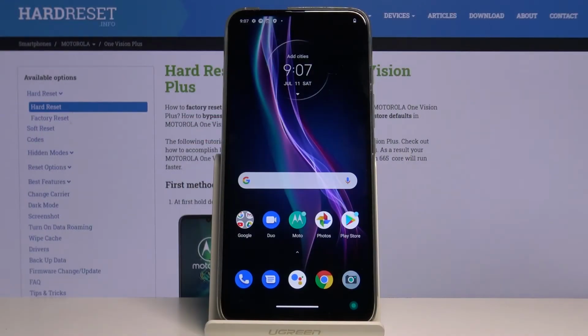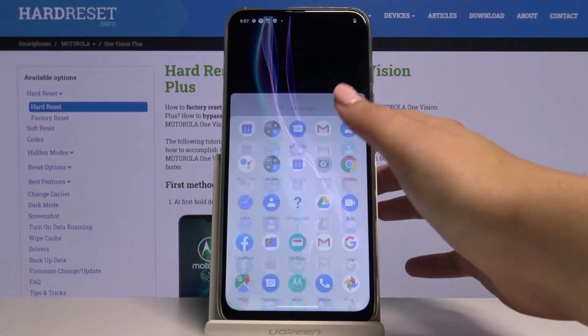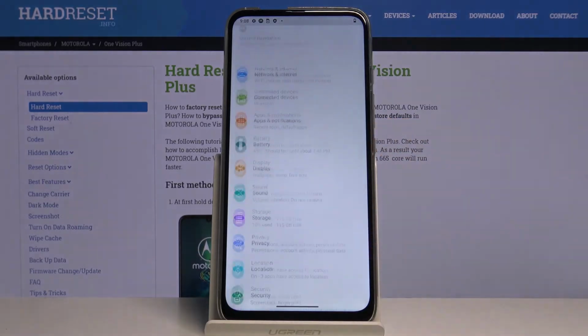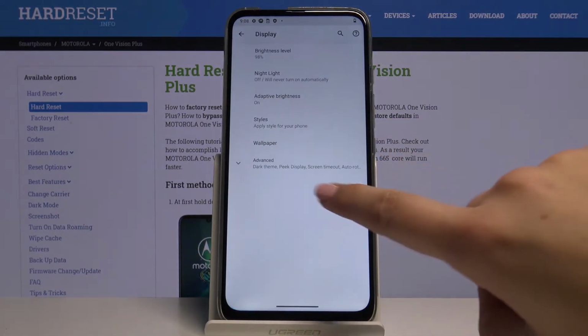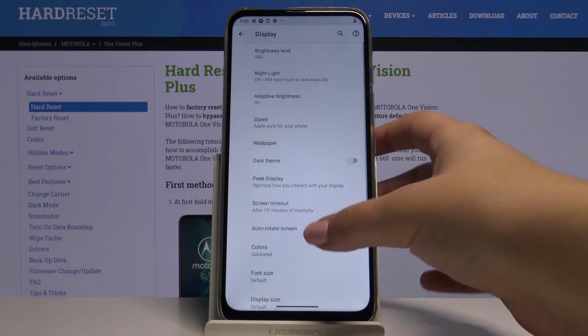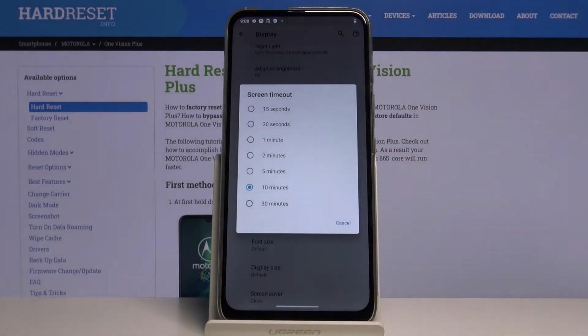Hi everyone, here we've got Motorola One Vision Plus, and let me show you how to set the screen timeout on this device. So first of all, let's open the full list of apps and click on the settings. Here let's choose the display, click on advanced, and here we've got the screen timeout option, so let's tap on